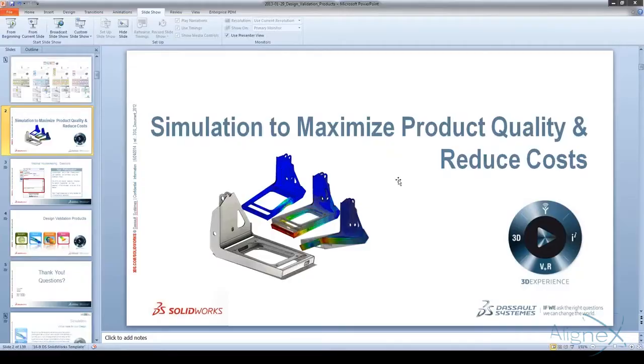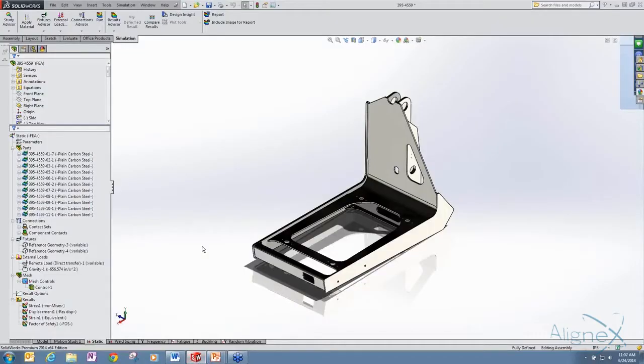To just kind of review some of the linear stacks, I want to jump over to SOLIDWORKS and show you the example I'm going to be using throughout the webinar today. This is actually a framework that sits beneath a cab on a piece of construction equipment. So this frame supports the cab, which has some weight, and you'll notice that the cab is missing from this analysis because